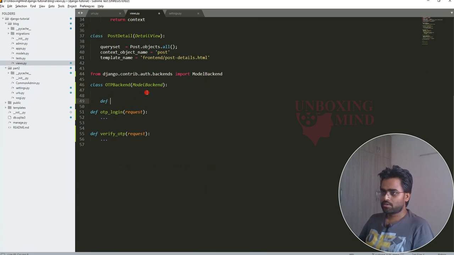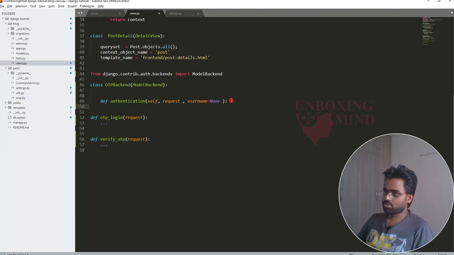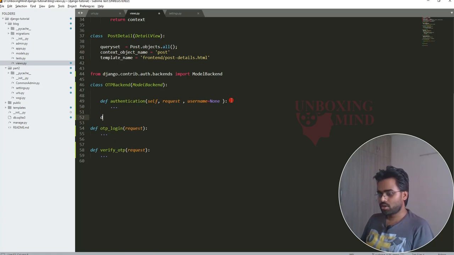This model backend provides a function called authenticate, and one called get user. We will modify the authenticate method, and it will accept self by default, and a request, that is username, and there are some more other parameters, but for now we will use only these two parameters, request and username.